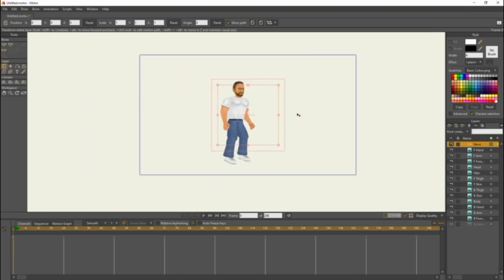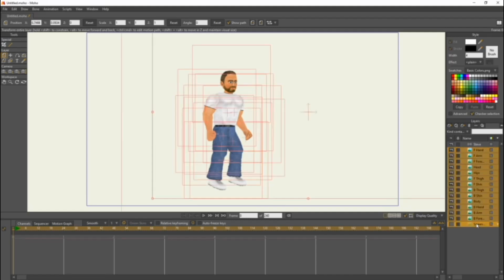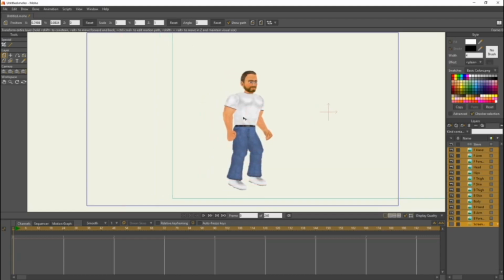And actually, before we do anything there, our character isn't really in the center. So we're going to highlight the front hand, hold shift, and highlight everything, including the screenshot if you still have it. And now we're going to click in the middle, hold shift, and drag.